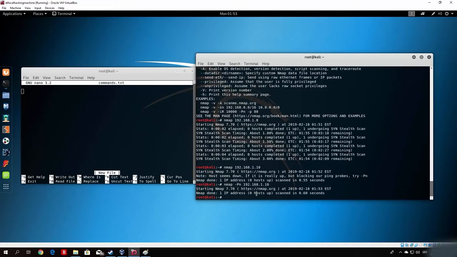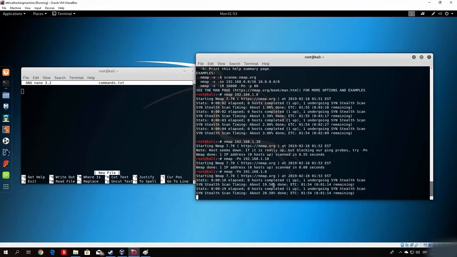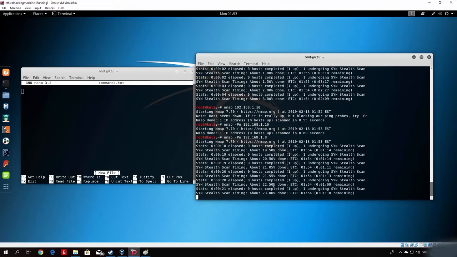Now, in my case, it won't show since I don't have anything there, so let me just scan my laptop once again. I just typed here nmap -Pn and then 192.168.1.8, and it will skip the host discovery, and it will basically automatically say that my host is up and running, and it will scan for its open ports. Now let me just see, it has finished around 22%. You might notice that this scan is going a little bit slower,